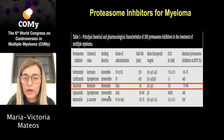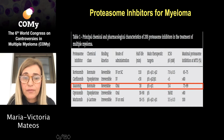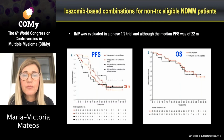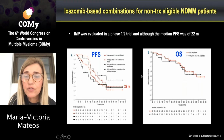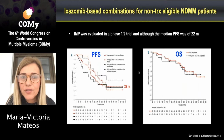elderly population. The third proteasome inhibitor is ixazomib, a reversible boronate proteasome inhibitor, but important to note, of oral administration. Ixazomib was first combined also with melphalan and prednisone and evaluated in this phase 1-2 trial. The median progression-free survival was approximately 2 years, and you can see here the overall survival. And unfortunately, this trial did not move toward a phase 3 randomized study, and so this combination remained quite stopped,